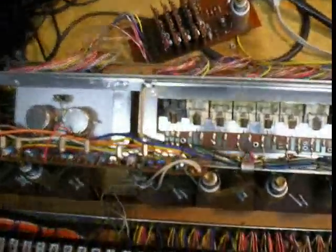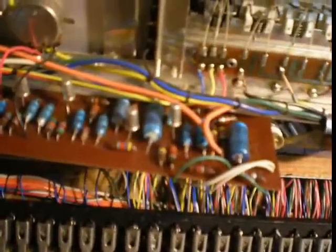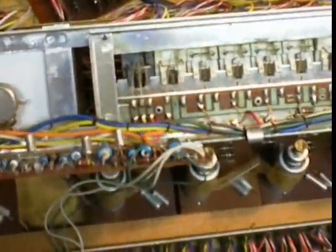Now, I wanted to get this in here because I'm about to replace a bunch of these. This is the last look humanity may have on one with original capacitors. So there it is. And some of these have very high ESR. A couple of these caps are off scale. So I'm going to replace those capacitors, and